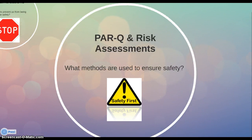So PAR-Qs are an effective method of assessing individuals before they are allowed to exercise within the gym environment. By getting them to complete a series of questions related to health and fitness, it will in turn allow for a qualified instructor or medical professional to gain a greater understanding of each and every individual's needs, as well as their mental, physical and social well-being, ultimately helping them to decide if they are capable enough to train within their